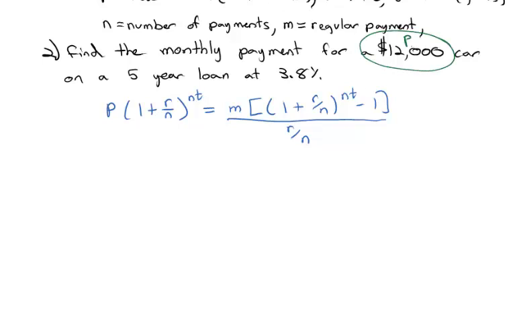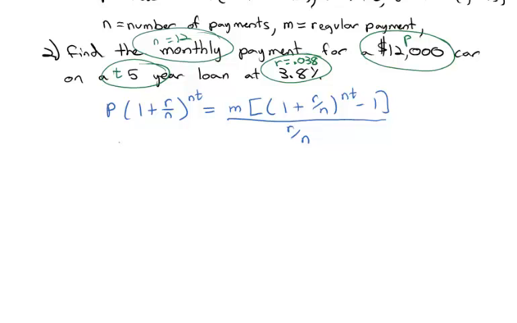It's the present value of the loan. That's our P. It's a monthly payment, so the number of payments a year is 12. 5-year loan, that's the time. And the interest rate 3.8 is 0.038. And so we're ready to plug everything in, and we should only be missing the answer to our question,